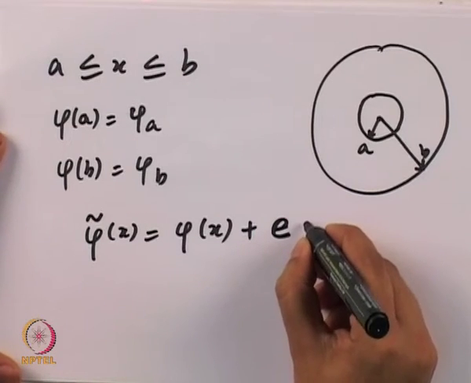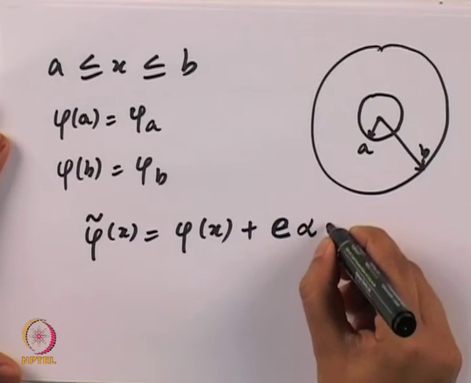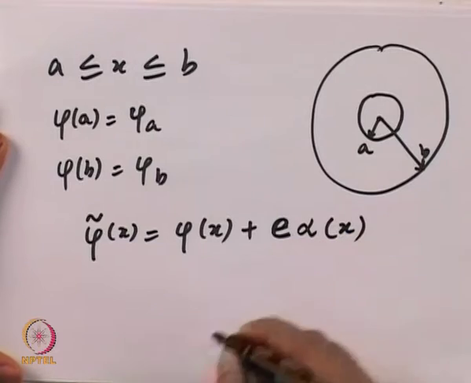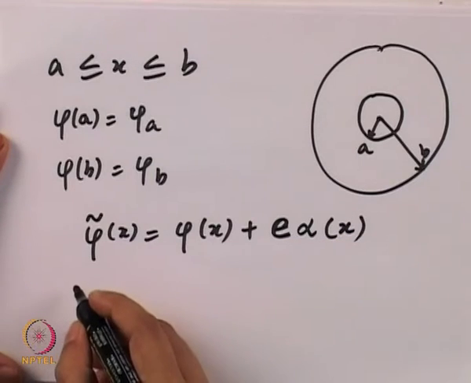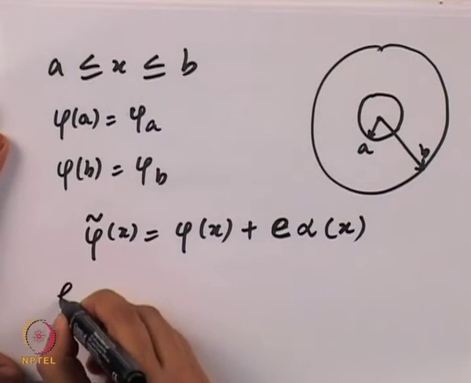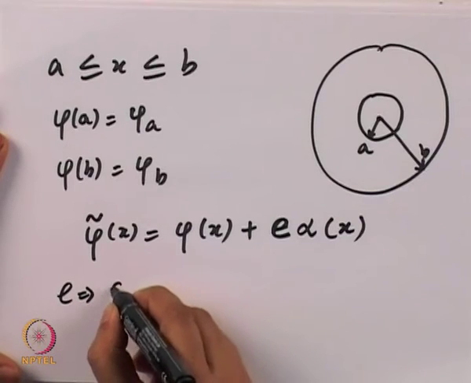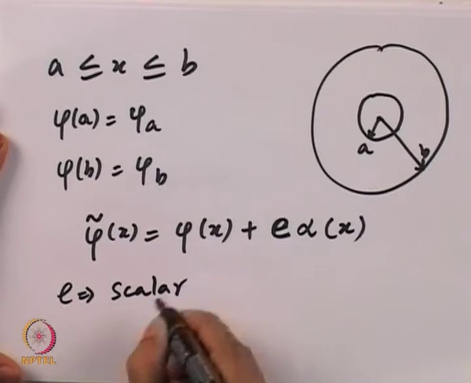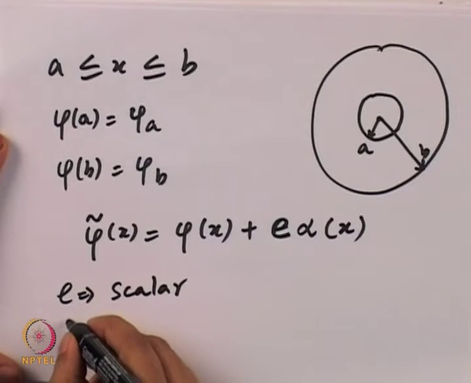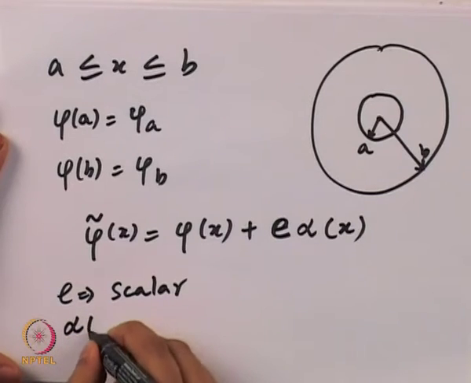So let us say this variable is alpha of x. So E is a small number, a scalar, and alpha of x